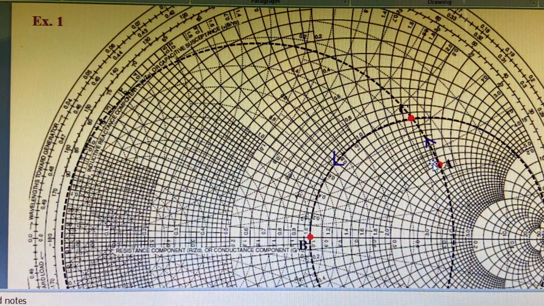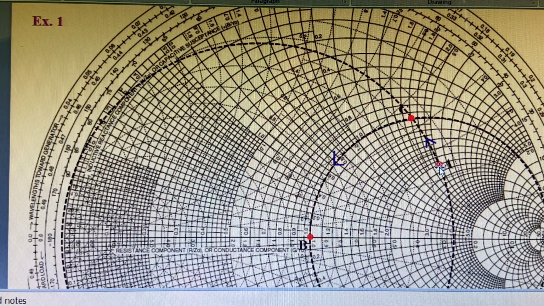From this figure, this is the resistance circle passing through the point A and this is the conductance circle passing through the point A. You can move over the resistance circle clockwise or anti-clockwise, but as we observe on the Smith chart, in neither direction do we reach the R equal to 1 circle or G equal to 1 circle. So we cannot move over the R circle passing through the point A.